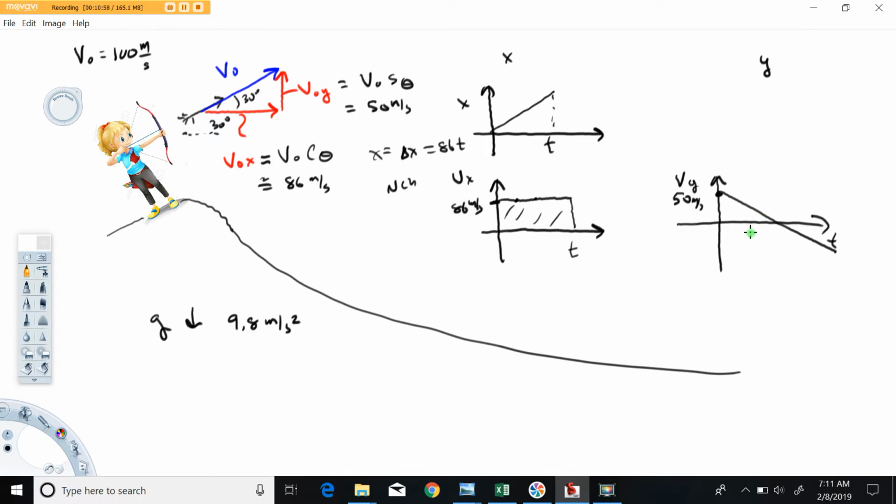The only thing that can vary in these problems, right? Imagine that Susie here fired the arrow purely horizontally. Well, then the initial velocity would be 0, and this would start here and have the same shape. Or perhaps she fired it down at some sort of angle, maybe 30 degrees clockwise from the x-axis. And then the initial velocity vector would be minus 50 in the y direction, so this would start here and